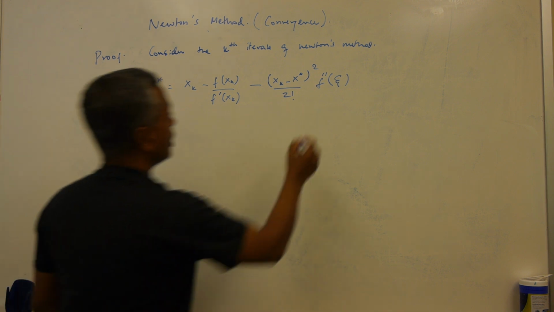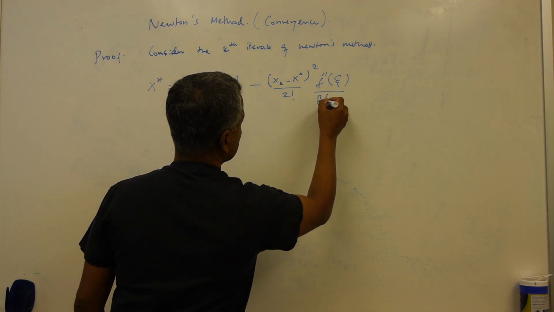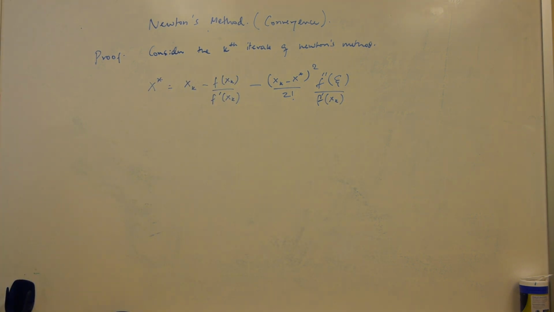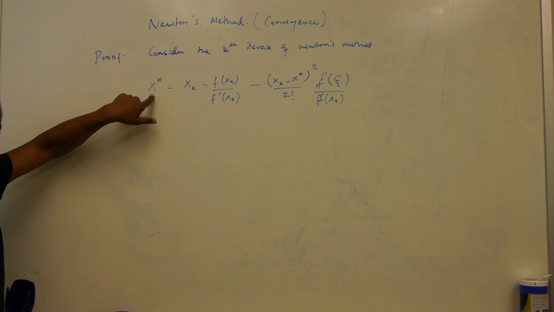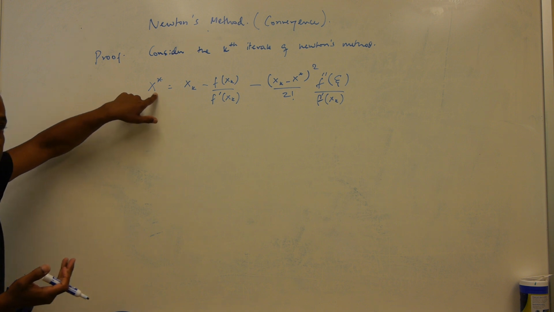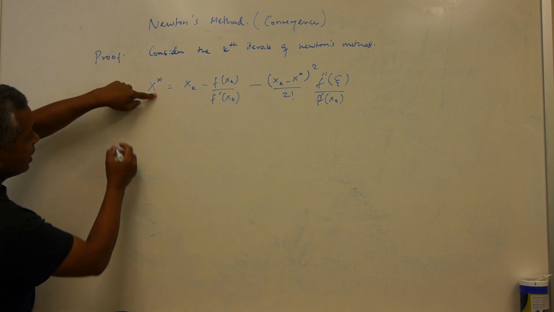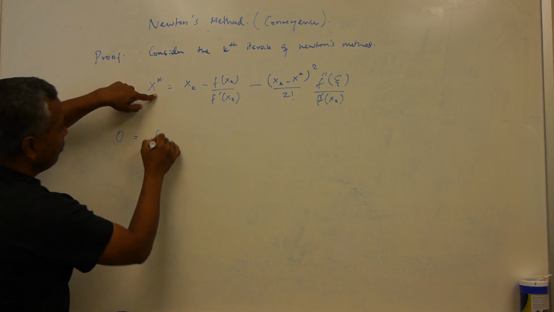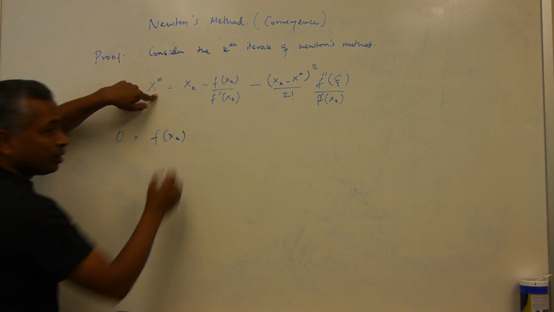Actually, this is this divided by f of xk. Okay? All right, how did I write this? So, at this solution, what is the function value? The function value is 0, right? So, if at this point the function value is 0, I can write this as 0 equals f of xk,